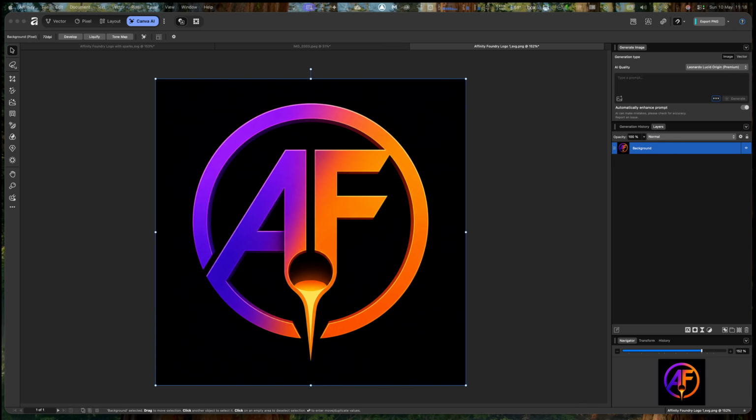We'll start by drawing in my Affinity Foundry logo. It's a good place to start. It's a nice bright image and it's an easy image to start with. We're just going to add the few things to it that you could see before. Now we're in Canva AI here as opposed to vector, pixel or layout. I'm using Canva AI. We'll go across to there and I'll type in